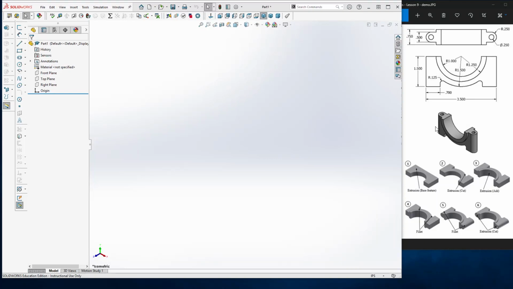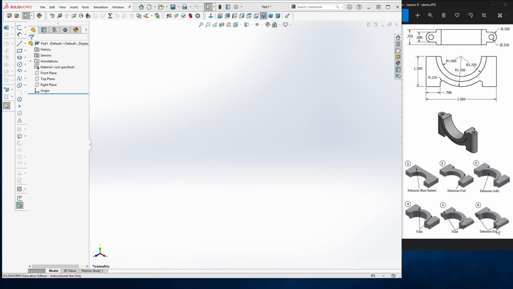In this video, I'm going to show you how to create this 3D model in SolidWorks. I'm going to use this modeling plan to build the model. First, I'm going to create an extrusion, and then I'm going to make a cut, and then I add this edge or this half cylinder, and then I added fillets inside and this outside fillets, and then I'm going to add the cuts